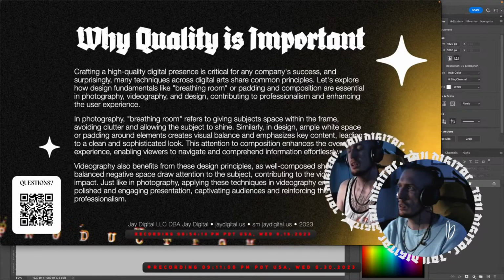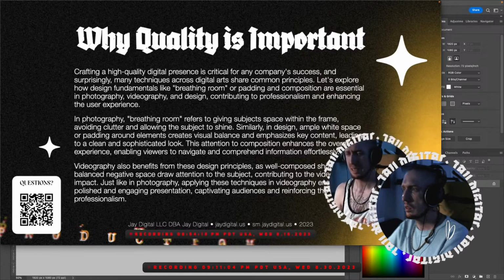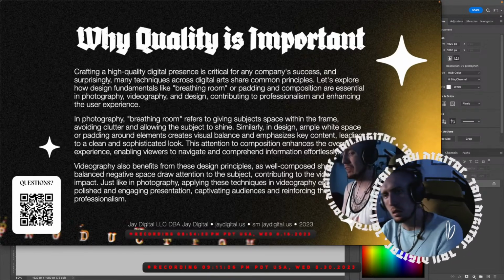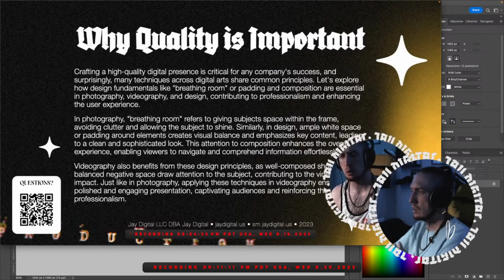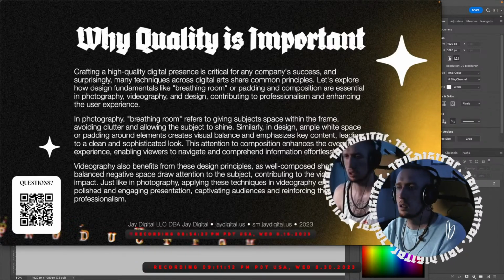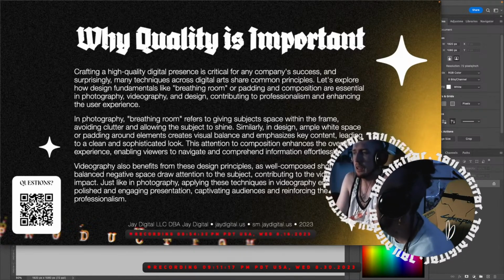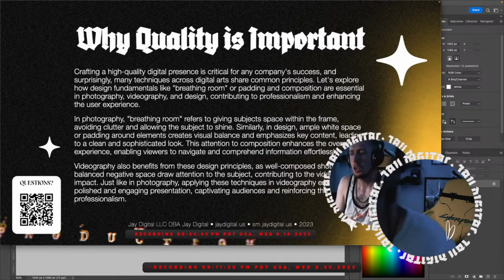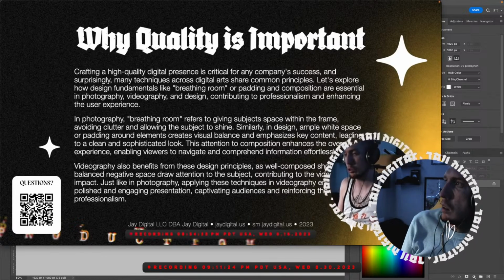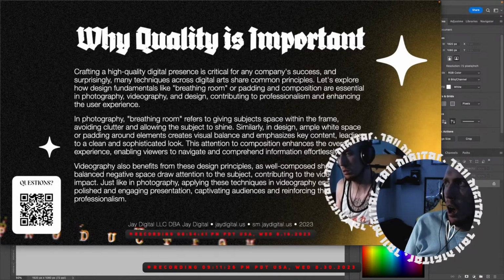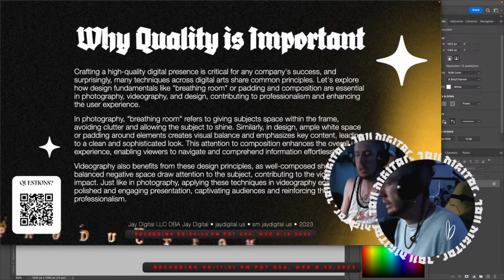And not only that, usually in videography, for music videos or other things that aren't exactly like a presentation, or like a film, you don't have any text on the screen. But when you do have text on the screen, you got to make sure it looks good. Like titles, for example. If your titles look great, it brings forward your attention to professionalism, and will push you further because more people like the way it looks. If they don't like the way it looks, then they'll pull away from it, and then you lose out on that engagement.